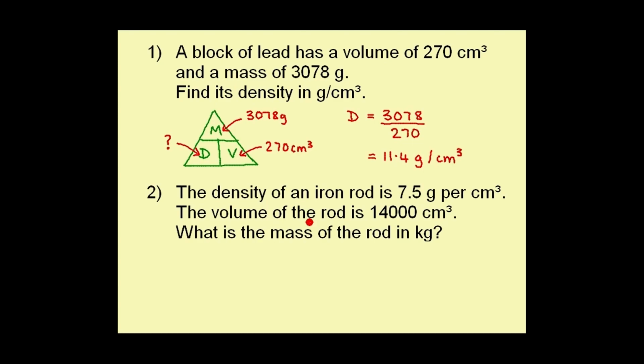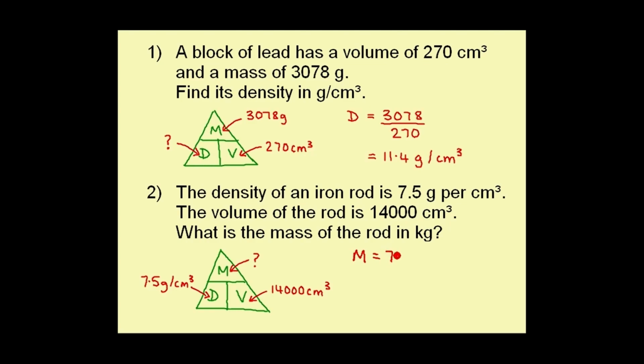For the second one, I'm being asked to calculate a mass, so I know I need the same formula triangle. It's the mass I'm trying to work out. I'm told that the density is 7.5 grams per centimetre cubed, and the volume is 14,000 centimetres cubed. I'm being asked to calculate the mass, so this is the density multiplied by the volume. So the mass is 7.5 multiplied by the volume, which is 14,000. Again, I can use a calculator to do this, and I get